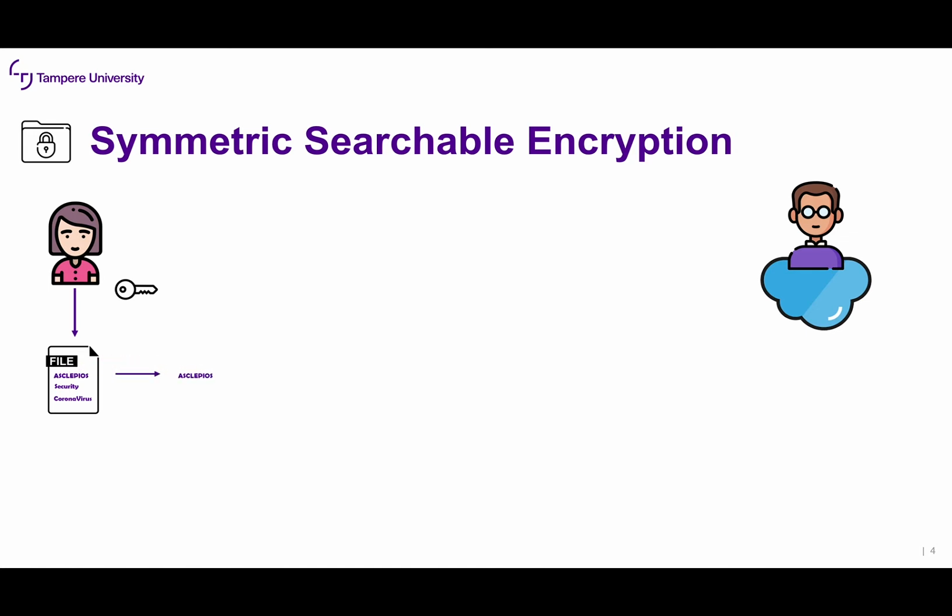Before we encrypt this file, Alice needs to have on her machine a process that starts parsing that file, extracting each keyword of that file, and then hashing that keyword. So Alice's client starts parsing the file, finds the keyword Asclepios, generates the hash of Asclepios, and then moves to the next keyword, security. It generates the hash of the keyword security, and then moves to the next one, and so on and so forth until it ends